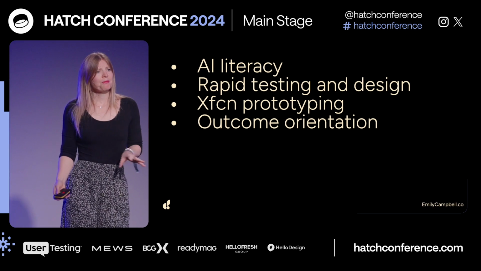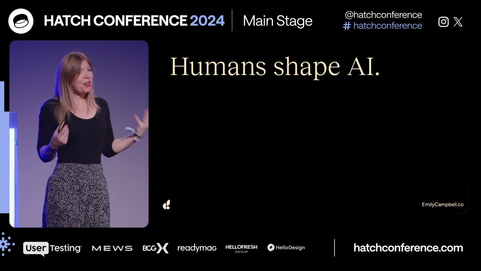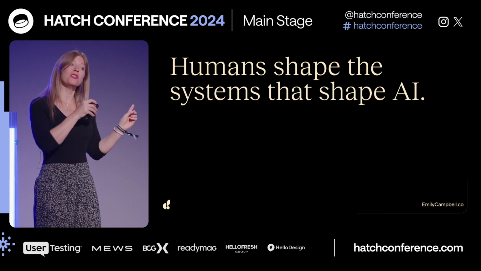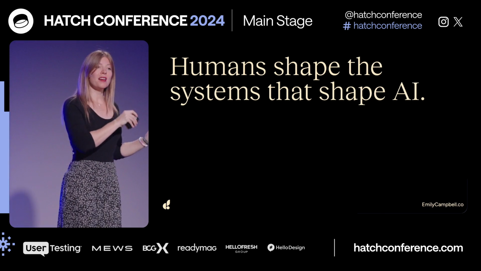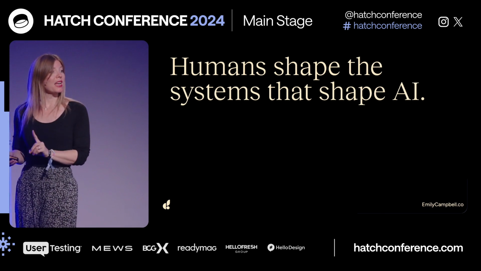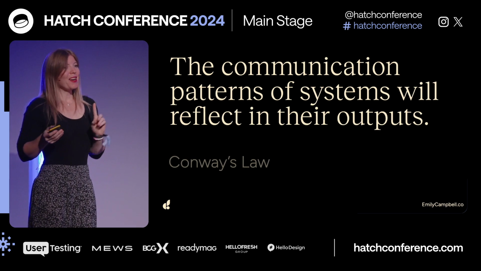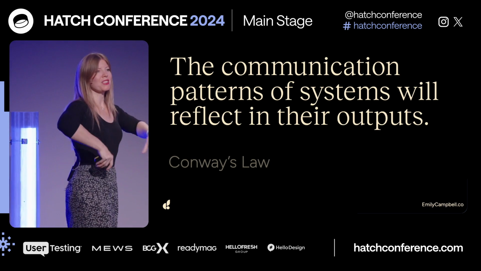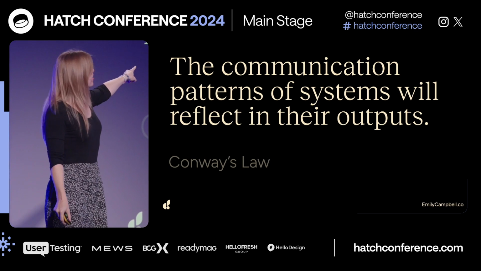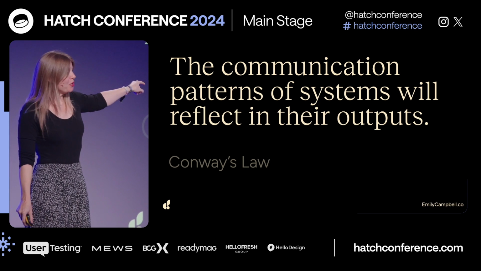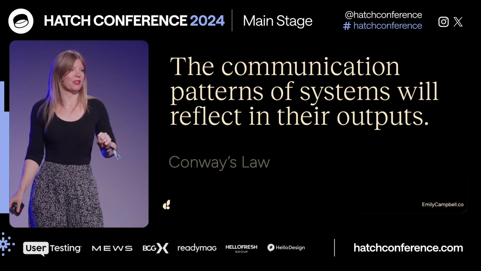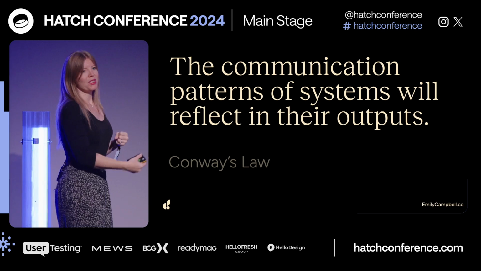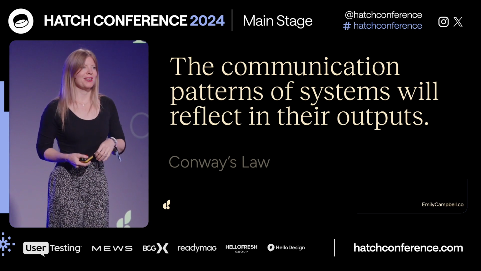So in summary, what is the shape of AI? We are the ones deciding that, not the computers. Humans shape it, and more specifically, humans shape the systems that shape AI: the companies, the incentives, the teams, the communication structures. And Conway's law, I just love to come back to this. This is the idea that the communication structures of teams will result in the product. This is the shape of AI. Are we talking to each other? Are we talking to the engineers who are implementing this work? Are we talking to the people to understand how they are using it? This is the thing that's going to dominate where we go with these interaction patterns and with these experiences.